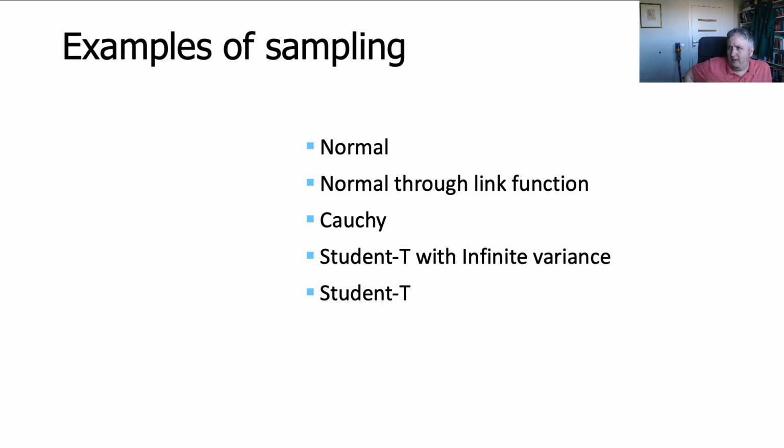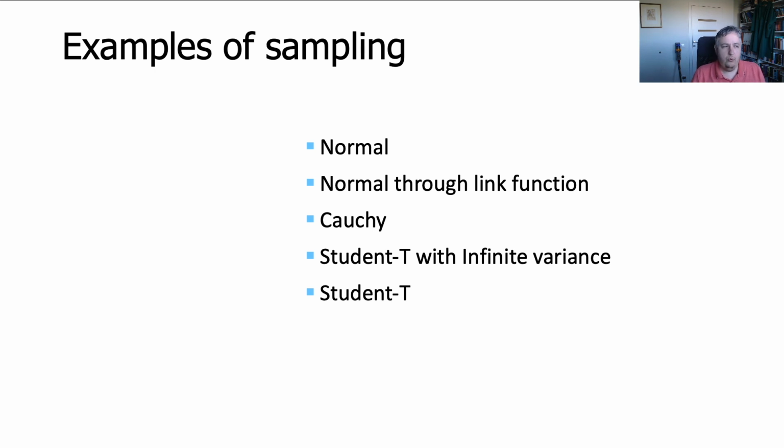And we will do a few examples to get the general idea how the sampling works and what happens, and what kind of errors we can observe in our computation, and how the Monte Carlo standard errors behave, and the quantification of our error. So we'll go through normal distribution, which gives us samples from real numbers. Then we will use a link function to see how normal distribution behaves for 0-1 intervals.